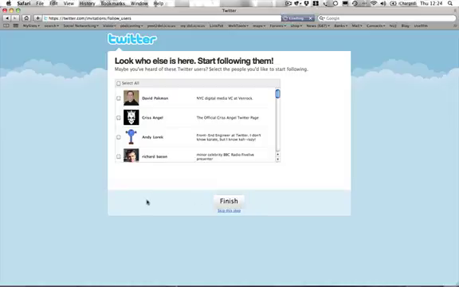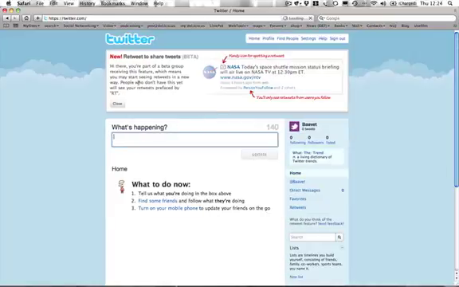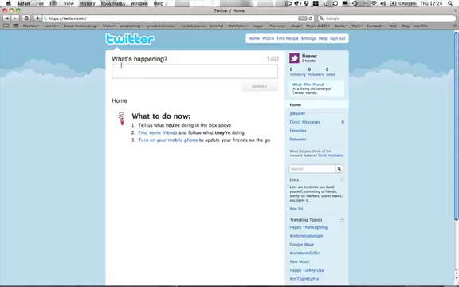So I'm clicking finish, and it's going to take me through to my new Twitter account. There's a news bar here which I can close. It's telling me about the new retweets. Twitter is always upgrading, offering new stuff. I'm going to close that, and it says what's happening, which is an update from what it used to say, which is more connected to what you were doing. So what's happening?